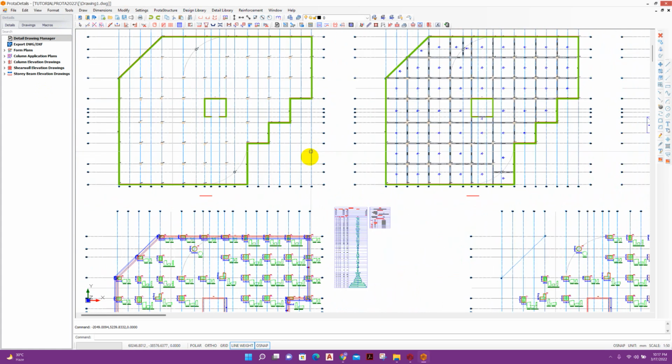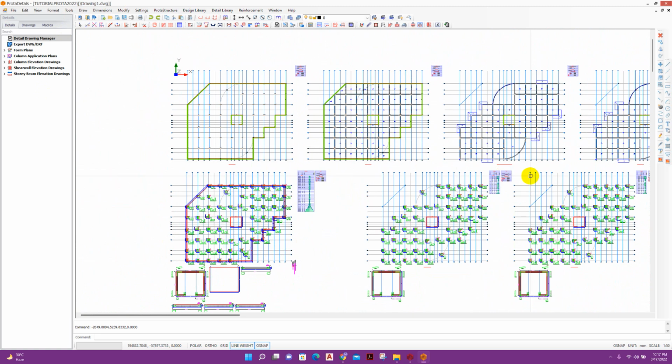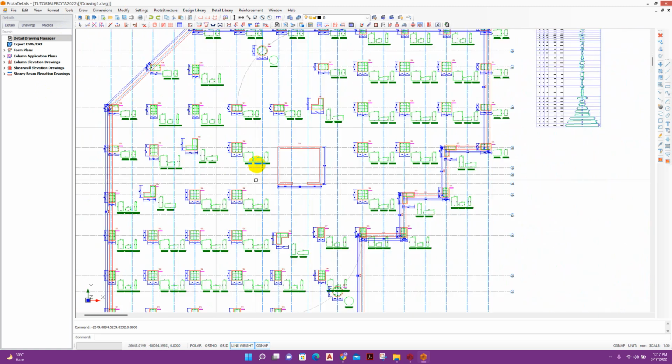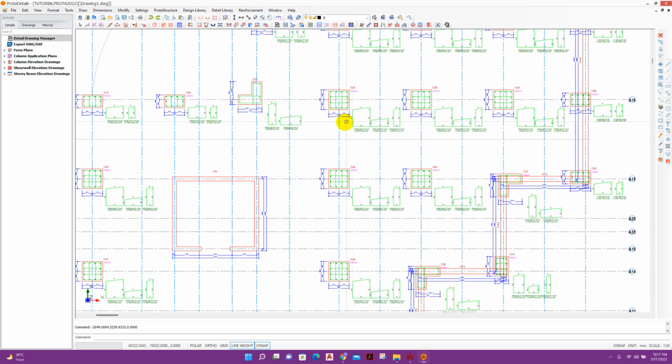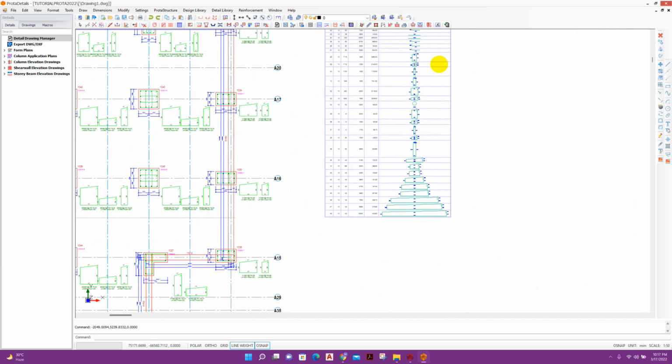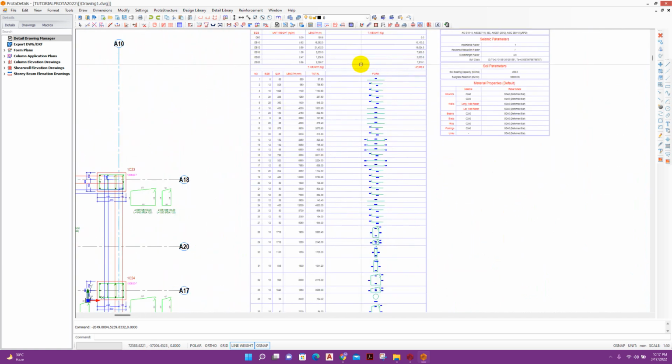This is done. Here column layout, beam layout, here column layout with detailing, here bar bending schedule,